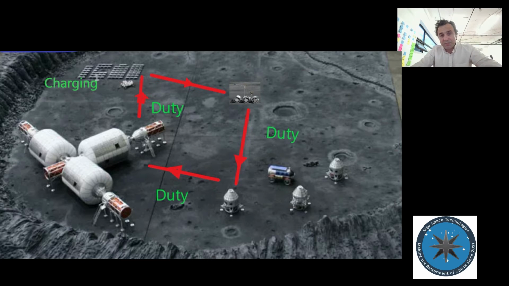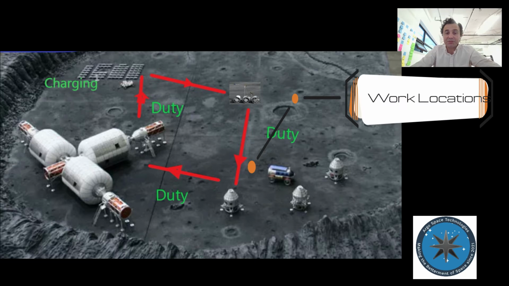So what this allows us to see is that for every task, we also need to understand, in the process that it describes or the concept of operations, what the charging needs and the maintenance needs are. In this case, it will be performed at the main location. To look into how the duty cycle works, remember, we were looking at this from a very 2D perspective.